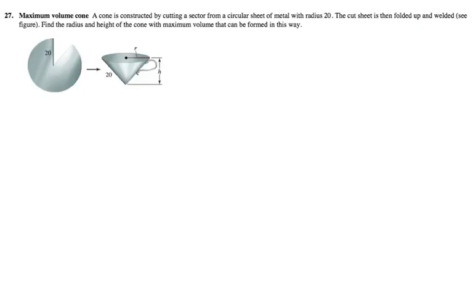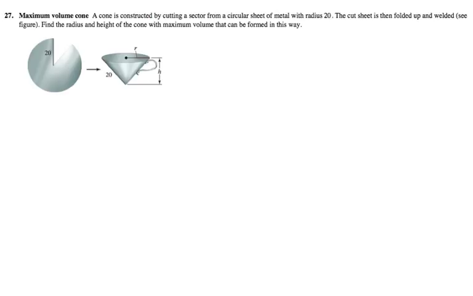Alright, so this is section 4.4 continued. I want to do another example of an optimization problem. So here we're trying to find the maximum volume of a cone. We're told that a cone is constructed by cutting a sector from a circular sheet of metal with radius 20. The cut sheet is then folded up and welded. So then we want to find the radius and height of the cone with maximum volume that can be formed